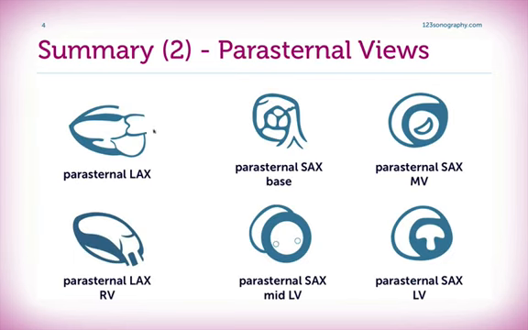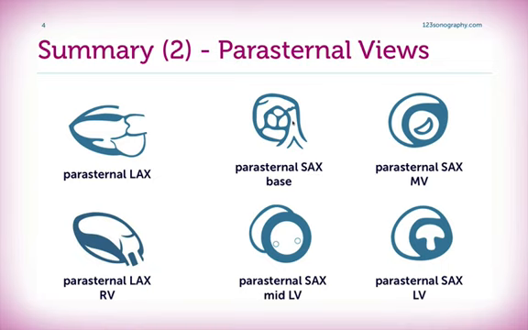There are several peristernal views, so-called long axis views. There's a peristernal long axis view of the left ventricle and a peristernal long axis view of the right ventricle. There are several short axis views which are approximately 90 degrees to the long axis views. The first one that you would perform is the one at the base, where you have the aorta at the center and the structure surrounding the aorta being the left atrium, the right atrium, right ventricular outflow tract, and the